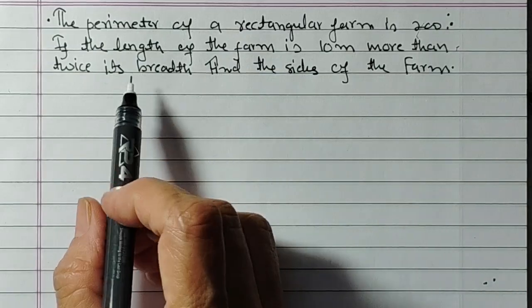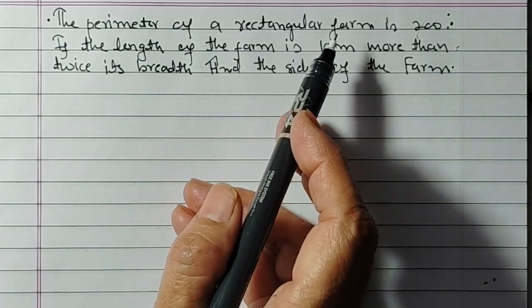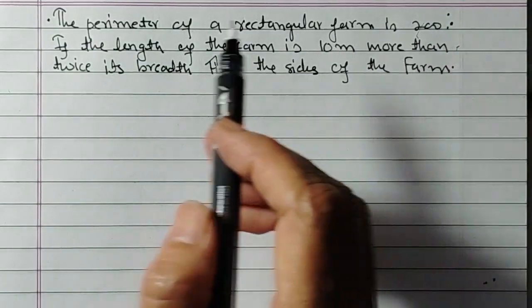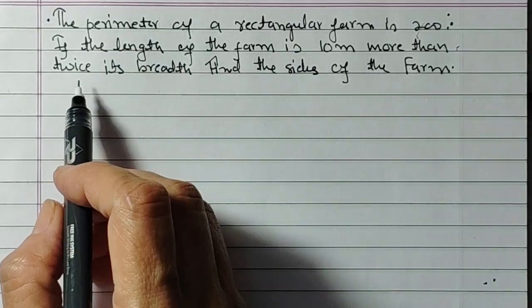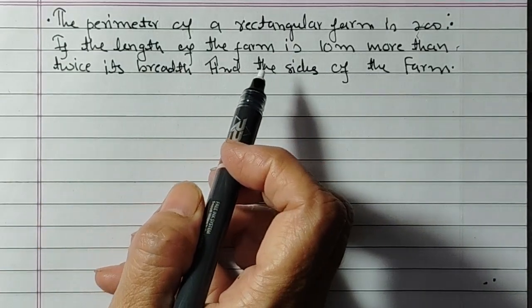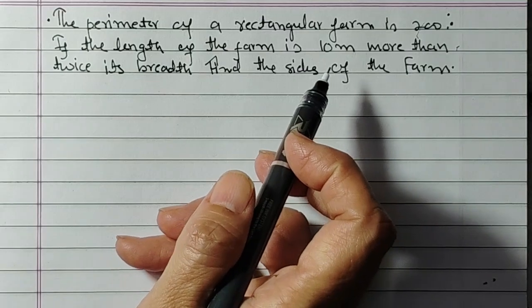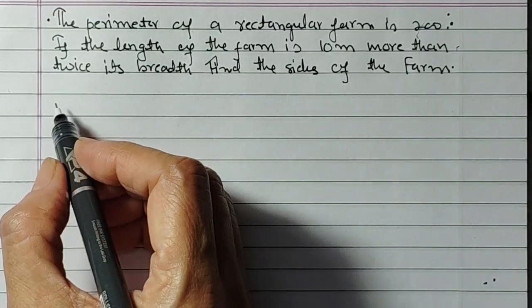So this is our question. The perimeter of the rectangular farm is 200, if the length of the farm is 10 meter more than twice its width. Find the sides of the farm. Solution will be